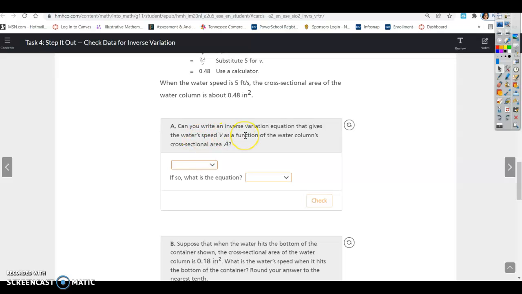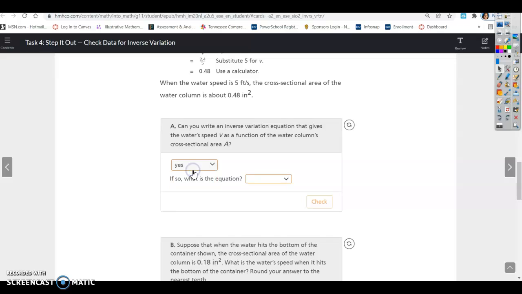It says, can you write an inverse variation equation that gives the water's speed as a function of the water column's cross-sectional area A? And the answer should be yes, because all we have to do is solve for a different variable. And it says, if so, what is the equation? So let's look at what we're given. So above we are given